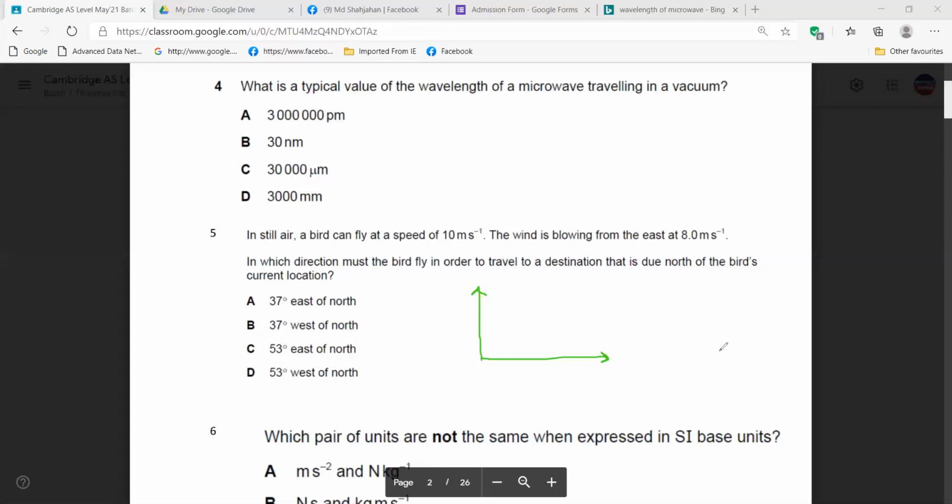Can you remember that one? The resultant, if two sides of a triangle, the rule was like that. If two sides of a triangle